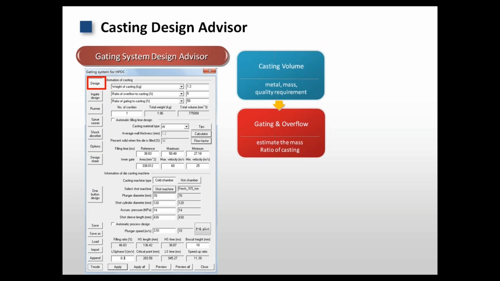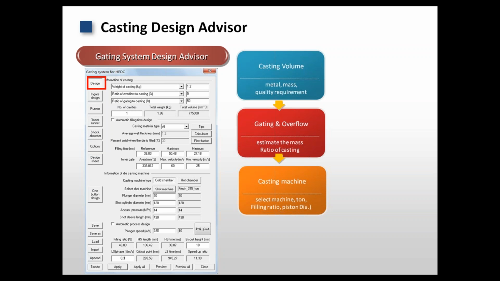For example, the gating system is about 50% of the casting, the overflow is about 20% of the casting, and then we could find out the total volume of the casting part